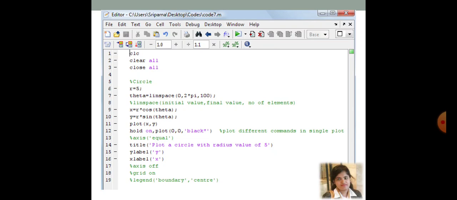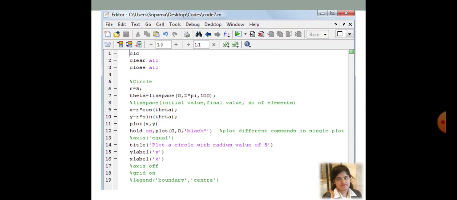To make it proper, there is a function called axis equal, used if there is any deformation of the image in the visualization, not in the creation. The creation will be perfectly okay, but in the visualization the figure looks turned towards the x axis, or the aspect ratio is not proper. To maintain the exact aspect ratio, you need the function called axis equal.